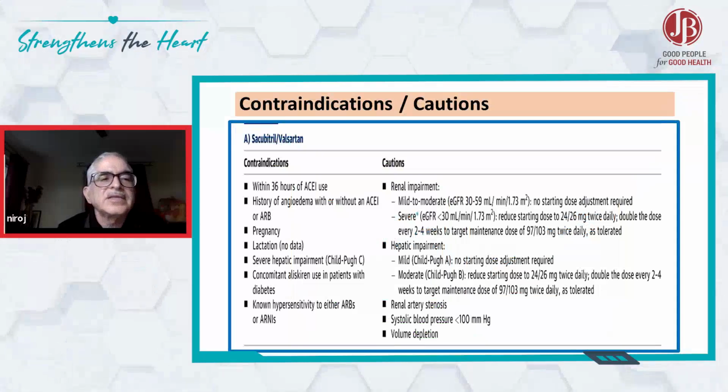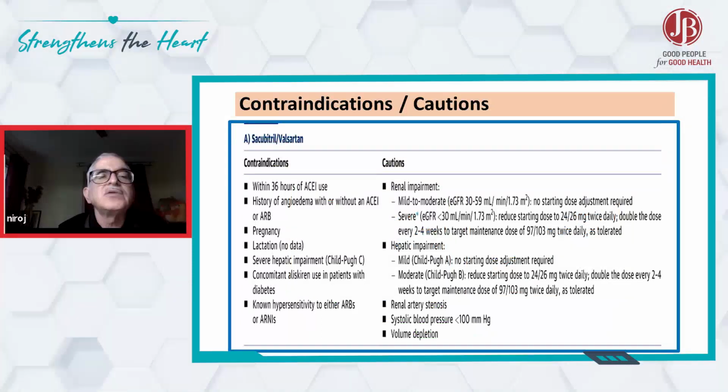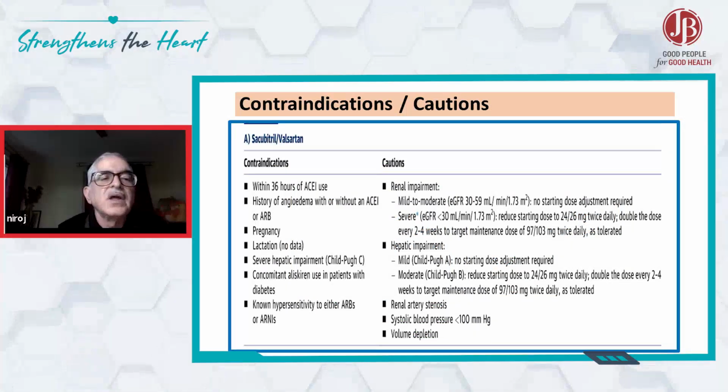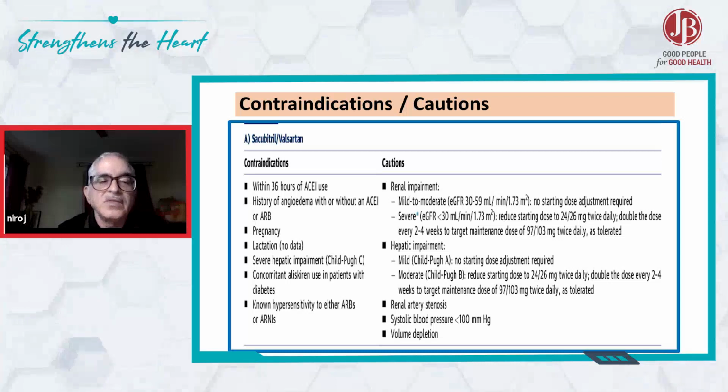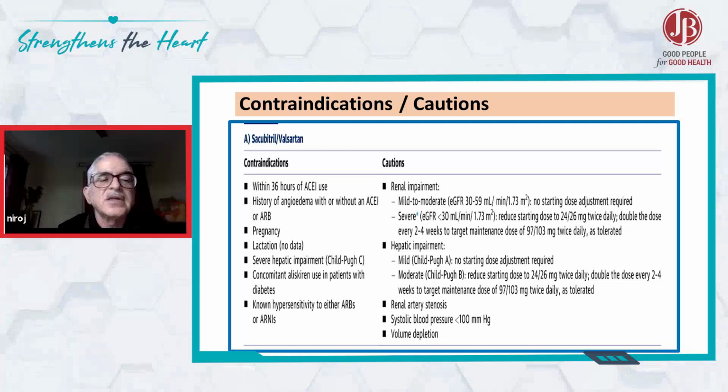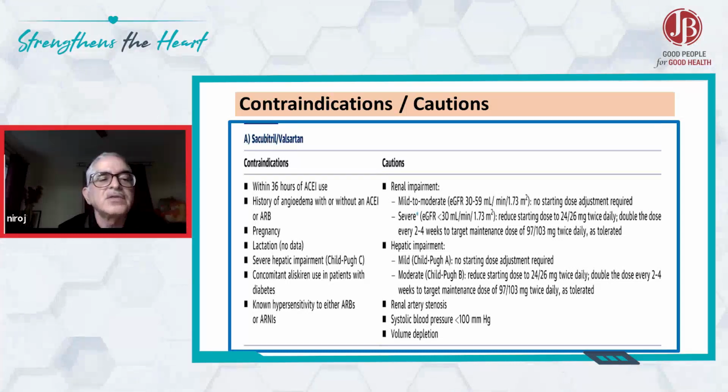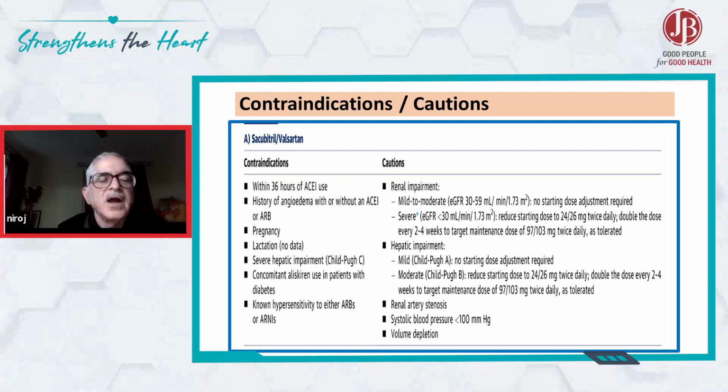Coming to the contraindications, as I told, within 36 hours of ACE inhibitor use, you simply cannot use this drug. History of angioedema, with or without an ACE inhibitor, you cannot use it. Pregnancy, lactation, severe hepatic impairment, concomitant aliskiren use in patients with diabetes, and patients having a known hypersensitivity to either